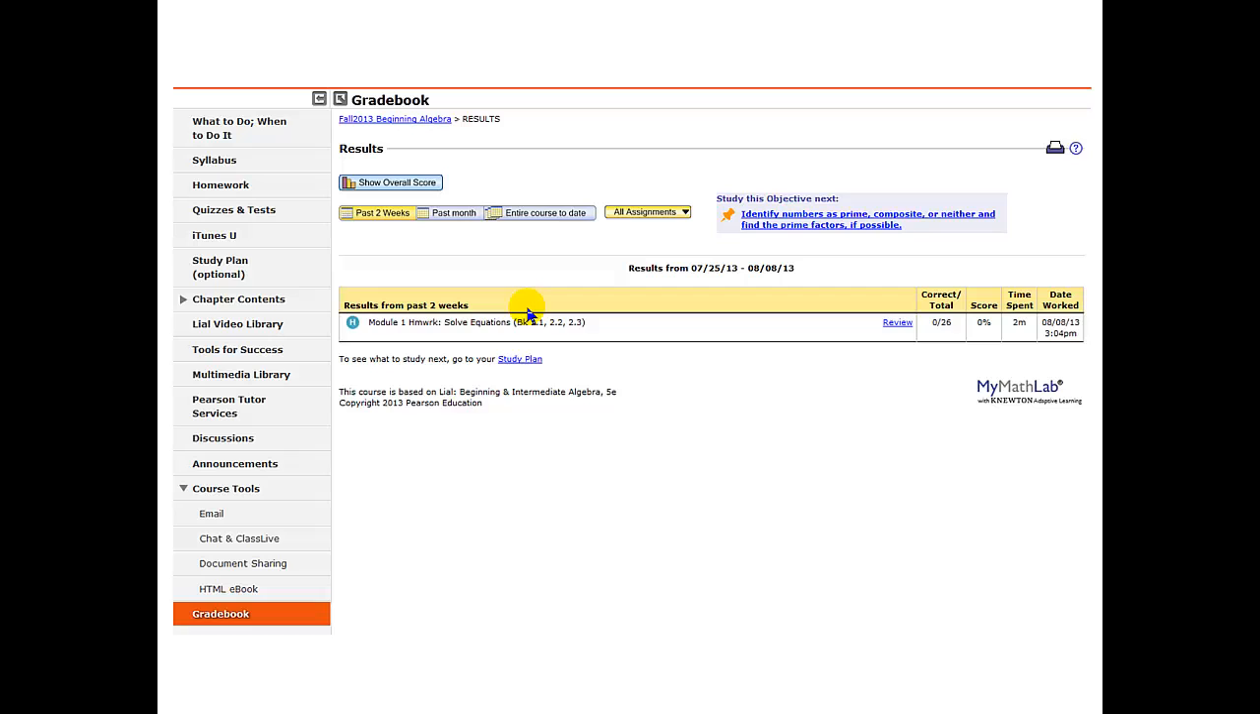Okay, and there's your gradebook. That's the last button you'll come to. I'm not sure whether it's under Course Tools or not, but this is how you'll always be able to see what your grade is. And you'll be able to click on this button here, Show Overall Score, to see what your overall score is. And the scoring rubric is discussed in the syllabus, and we're about to go there